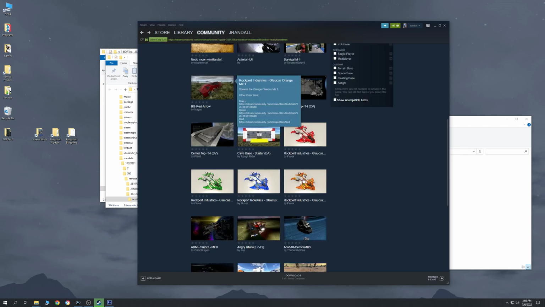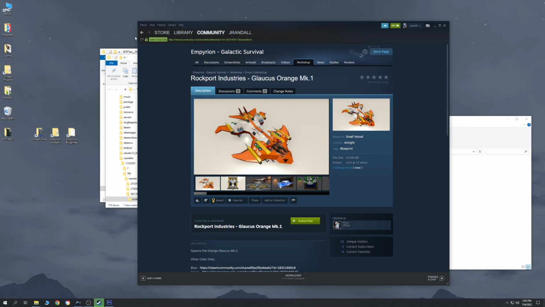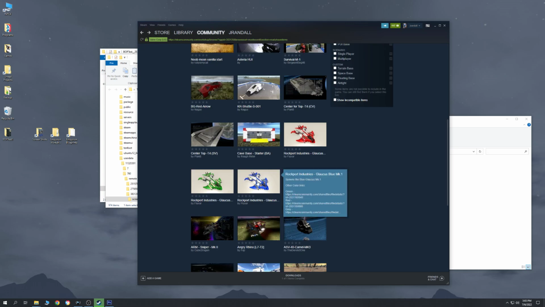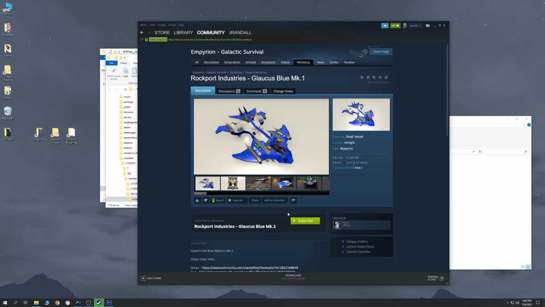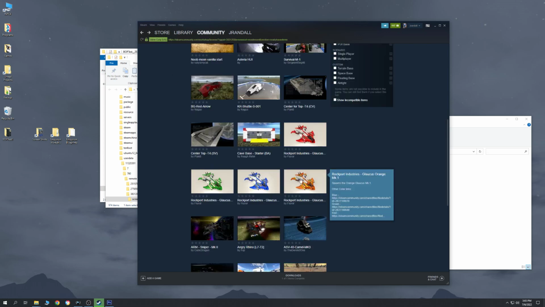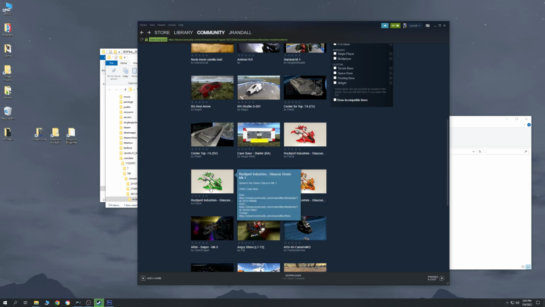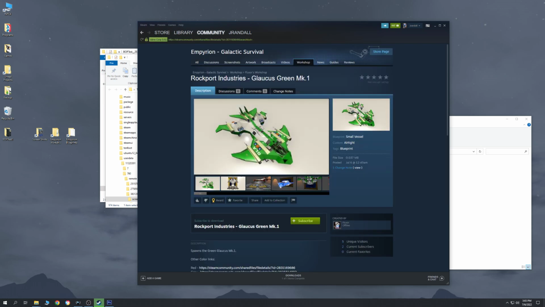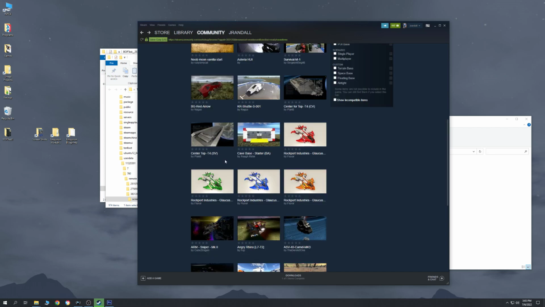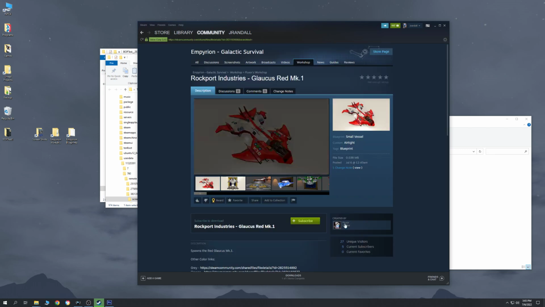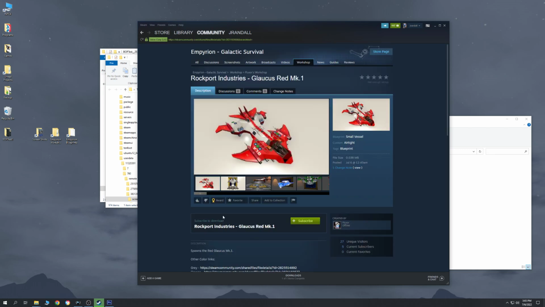Let's look at the orange one. 2 people subbed that. You see how many over here? Another 2 on the blue one. You kind of get the point though. So say there was a total of, what do we have? 5, 2, and 2. So we had 9 total subs. What about the green? Okay, another 2 there. So 11 total subs. See, rather than this creation getting 11 subs and possibly more,